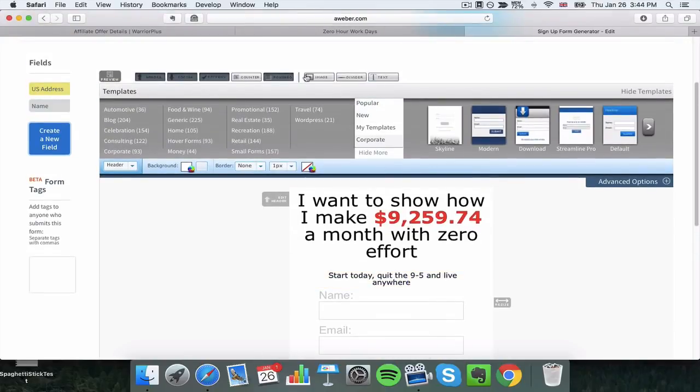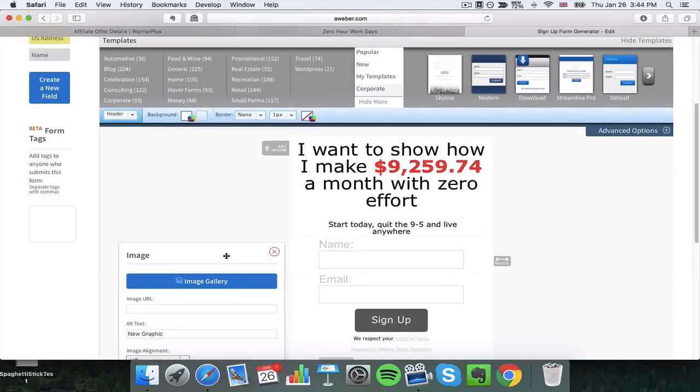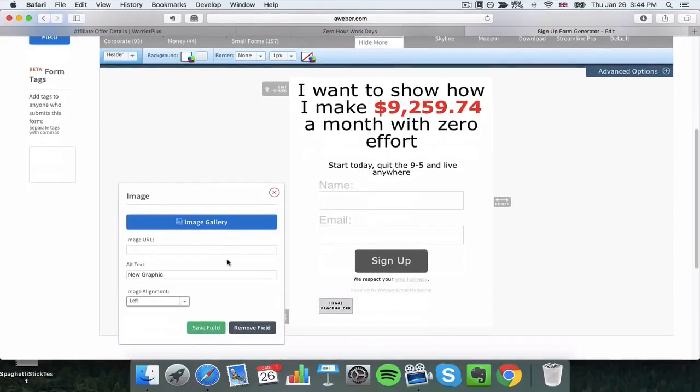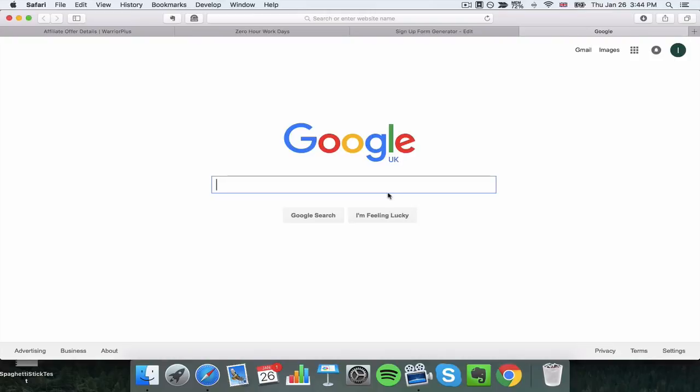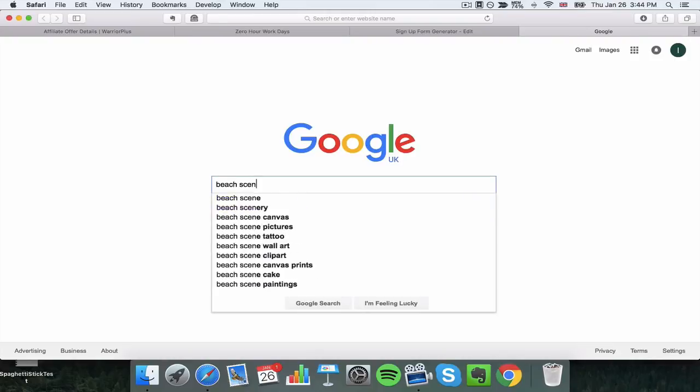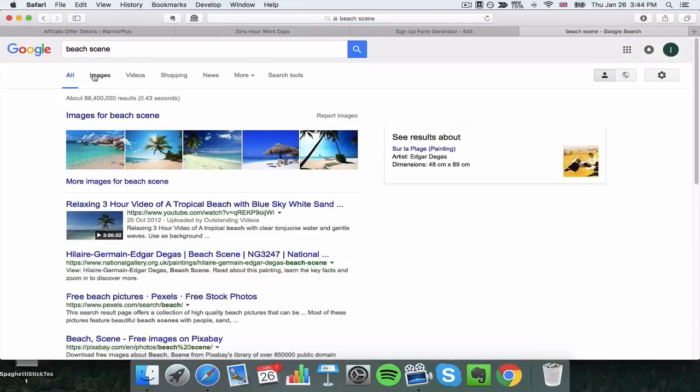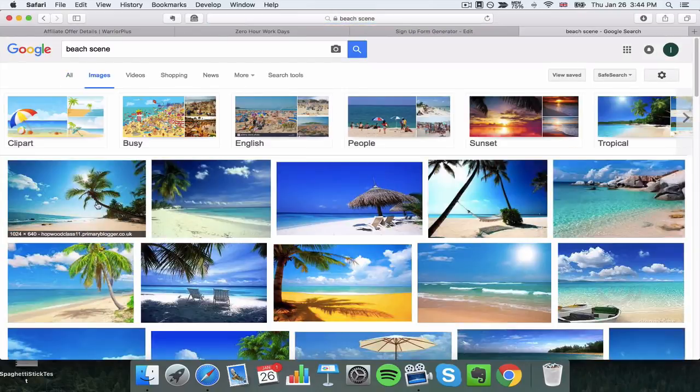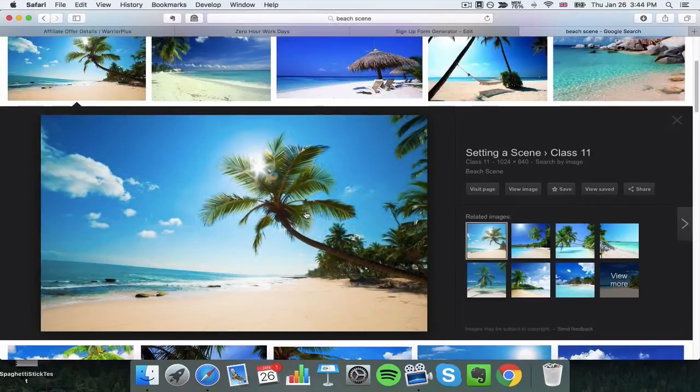Now I click on the top here again, it comes up with an image gallery or an image URL. So if I can just go to Google and I'm going to write beach scene, click on images, let's go with that one,